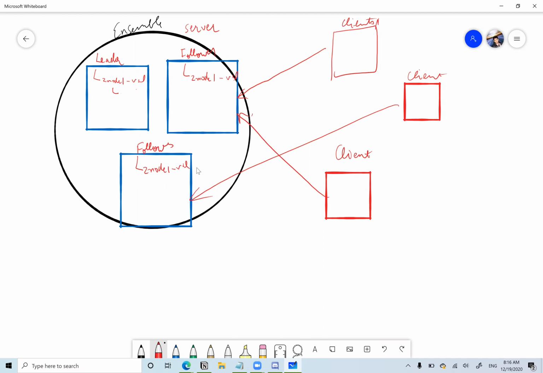If I create an ephemeral node, then as long as I have the session with the Zookeeper server, this node will be there in the database. If this connection breaks,